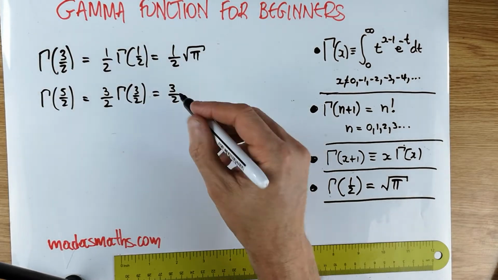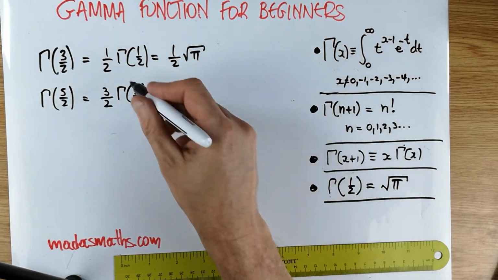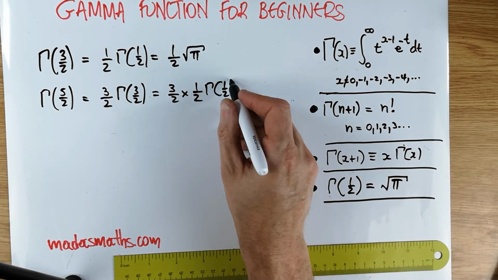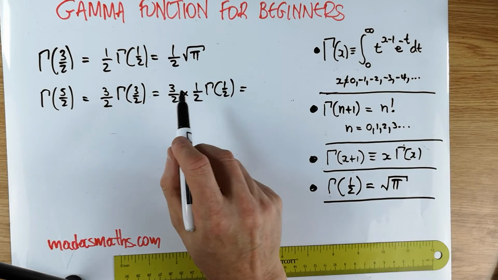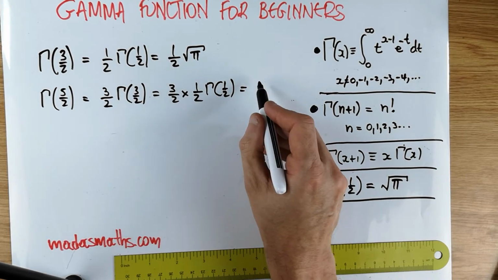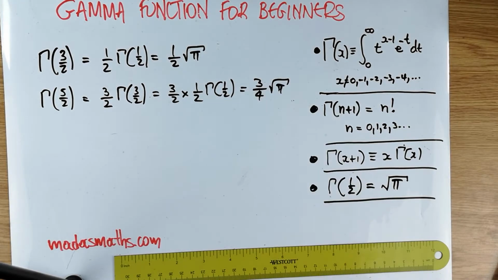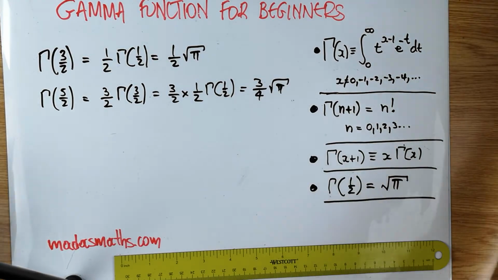If I didn't have that bit up there, I would have said, okay, now I need to go one more step down with this. So it's a half gamma of a half. And the answer to that would have been 3/4 of the square root of pi. Nice and easy. Okay, let me just rub the board